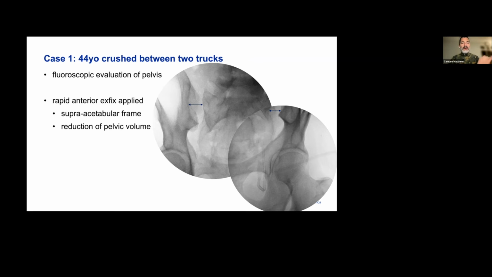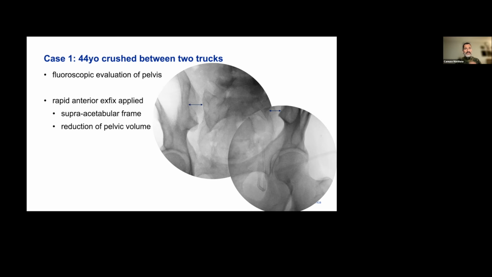So I think what I heard you say is anterior frame has a lot of trouble controlling the back of the pelvis, right? And a sheet does a much better job of doing that. I think so. I think so. I would totally agree with that. There's a question, and we're going to get to that question about pelvic packing.